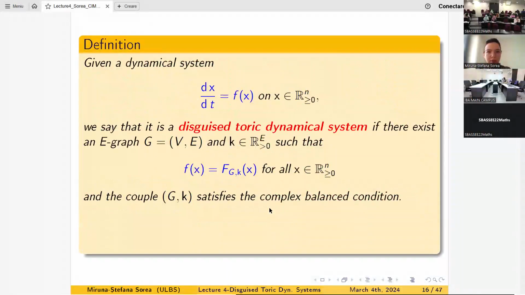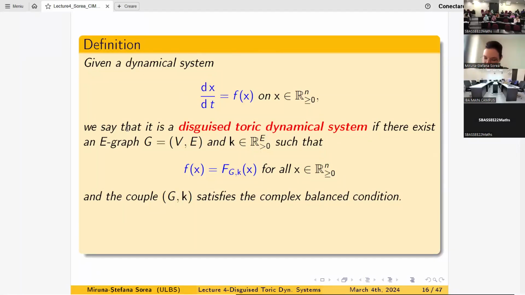These are the interesting, the key notions here. And finally, I can explain what is a disguised toric dynamical system. So we define, together with Laura Brustenga Moncuzi and Gheorghe Crăciun, we say that, given a system, again in the vectorial form, this one, we say that it is a disguised toric dynamical system if we find a graph